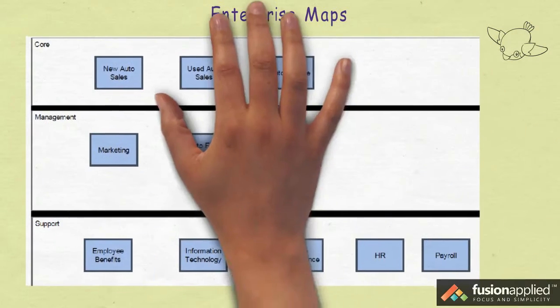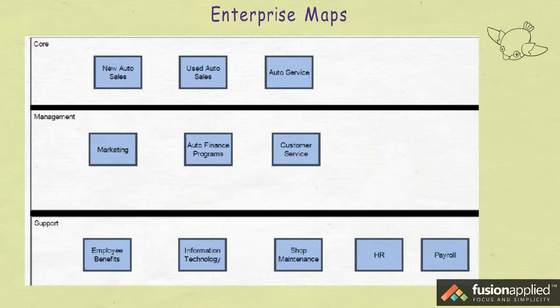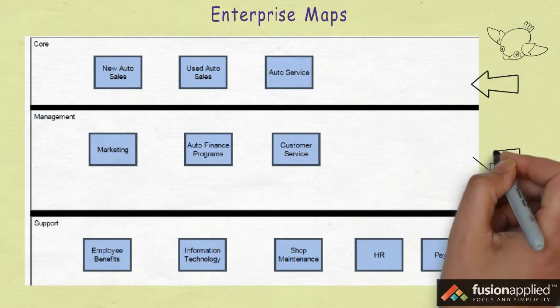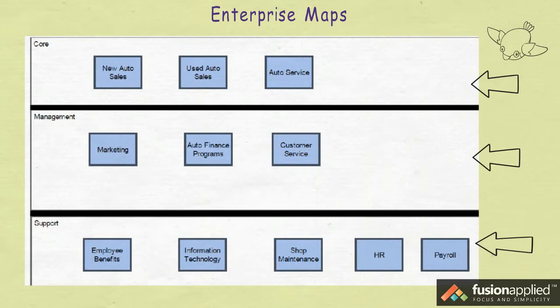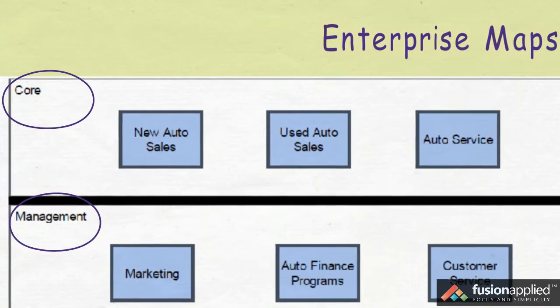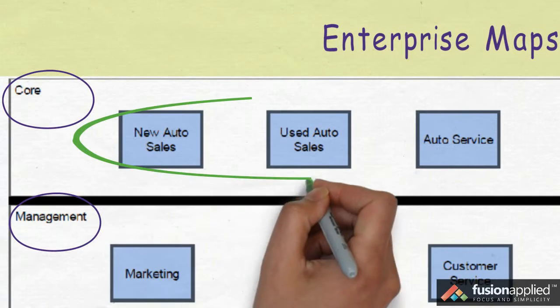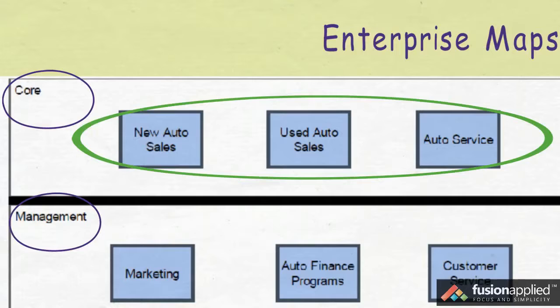Enterprise maps provide a bird's eye view of all the key processes in an organization. Lanes provide a method for grouping process areas together. When you create a new enterprise map, Composer creates 3 default lanes: Core, Management, and Support. Core would contain the core process areas in a business. For example, in an auto dealership business, some of the core business areas could be new auto sales, used auto